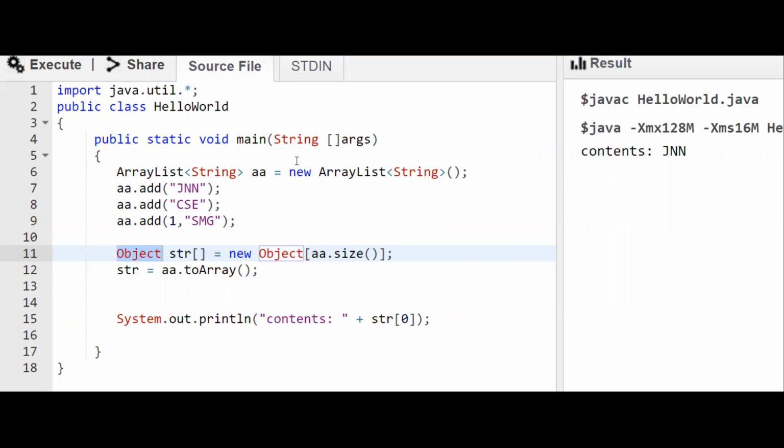In our next class, we shall discuss the linked list class. Again, the linked list class is similar to this array list only, but some other additional methods are also there, like get first, get last, peek first, remove first, like that. All those methods are there, which you can use. So we shall discuss the linked list in our next class.